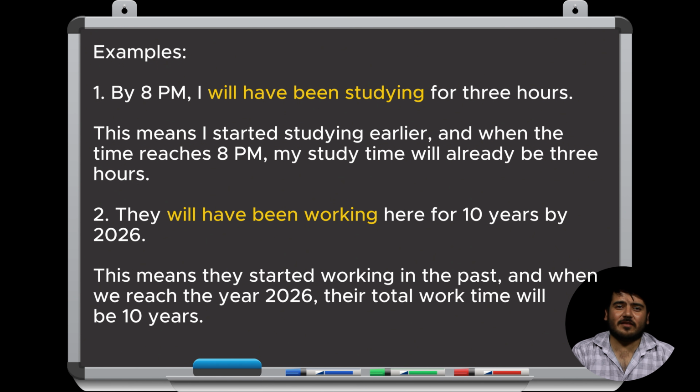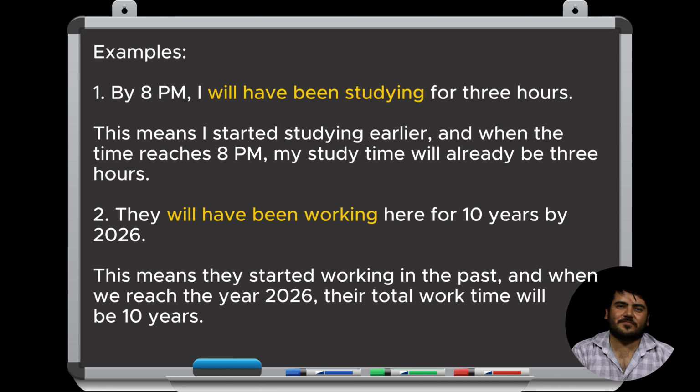Examples. By 8, I'll have been studying for 3 hours. This means I started studying earlier, and when the time reaches 8, my study time will already be 3 hours. They'll have been working here for 10 years by 2026. This means they started working in the past, and when we reach the year 2026, their total work time will